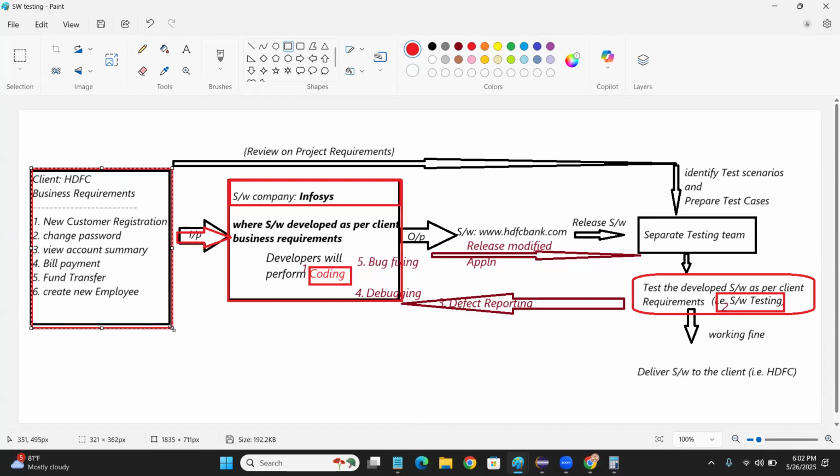I need software where we can do new customer registration, change the password, view the account summary, go for bill payment, and go for fund transfer. Like this, they give us some business requirements. According to those requirements, the responsible developers in that software company will go and develop the software. Whenever the software is developed,